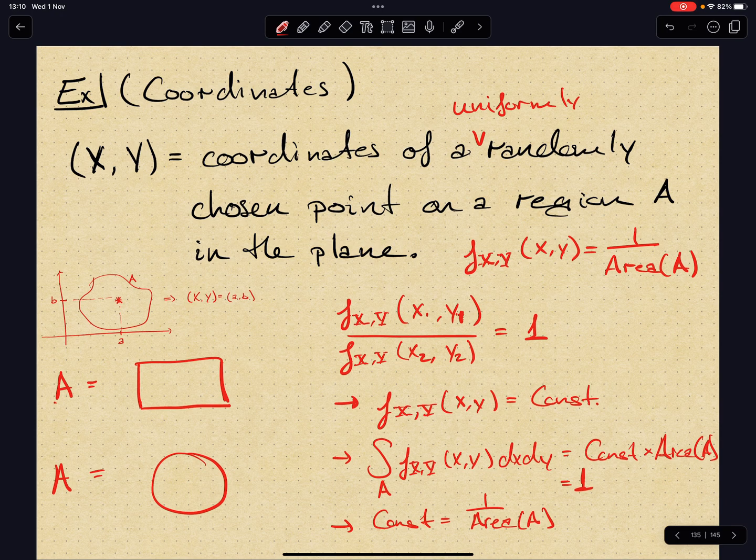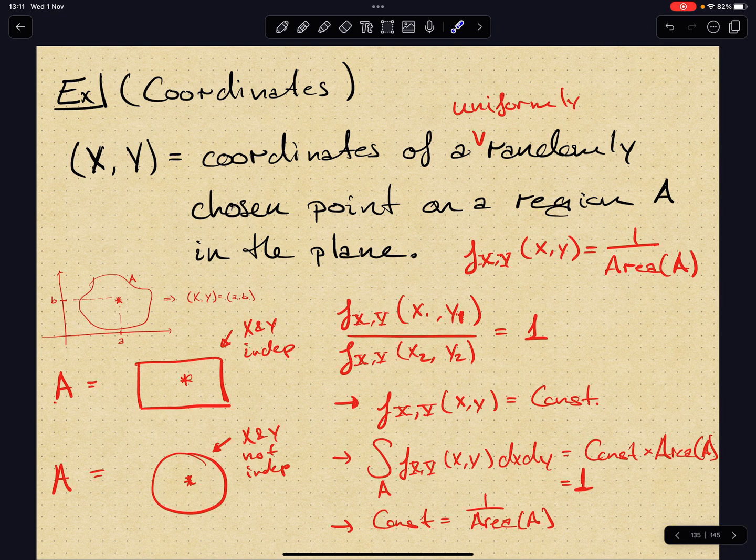Just as a foreshadowing, in this case, when you pick points at random, x and y are going to be independent. And in this case, if you pick a point at random in here, the coordinates x and y are not independent. We can actually see this explicitly, and we'll come to some computations later on. I'm not going to go too much into it, but in here,